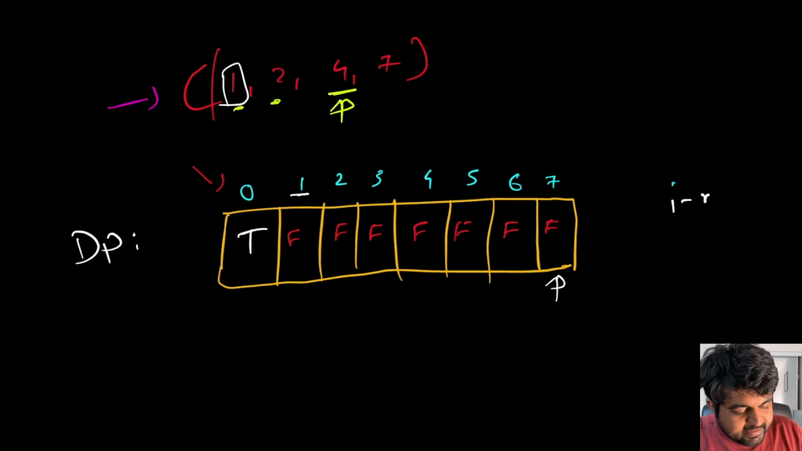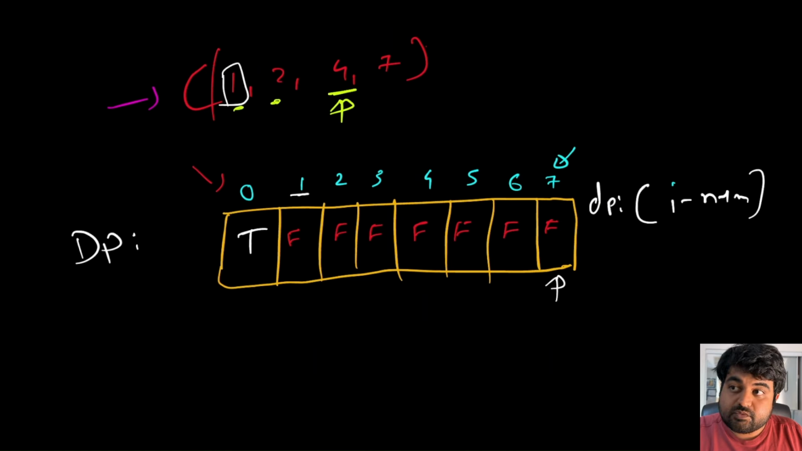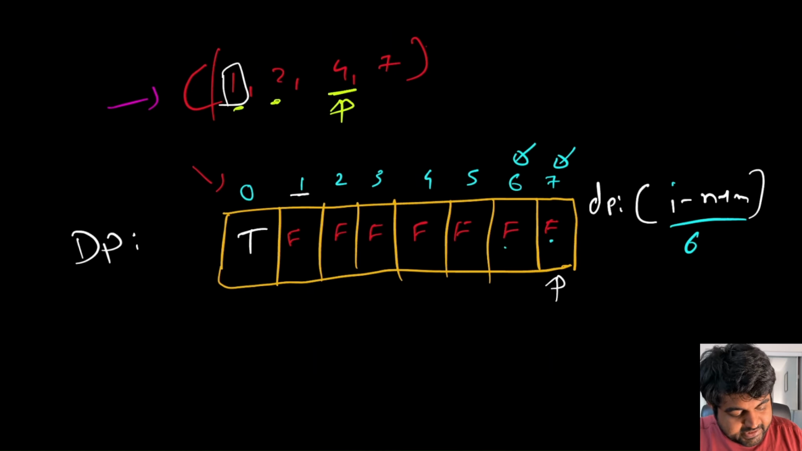So currently we are going to check I minus num for any particular value. Let's say initially I is 7. If I have to update the value of 7, I have DP of I minus num, which is going to be DP of 6. DP of 6 is false, so I'm going to leave this false. In the same way for DP of 6, I'm going to be checking DP of 5. This is also false. Same way this is false, this is false, this is false,